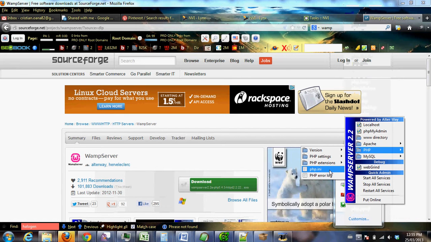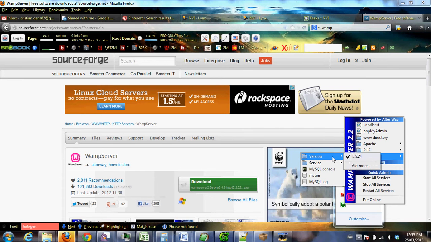If you want to do some more configuration, go into the php.ini file, and you can mess around with it to your heart's content. But don't change it unless you actually know what you're doing, because you'll probably need to reinstall it if you do. And here, what we're going to be most interested in is the MySQL database,